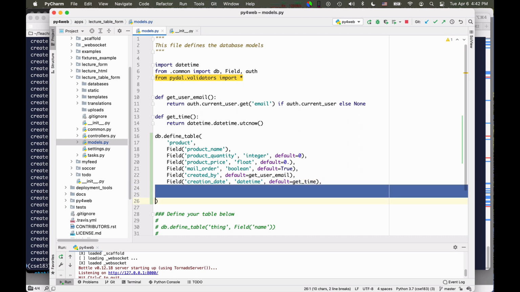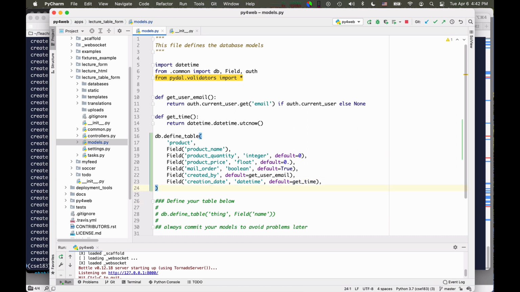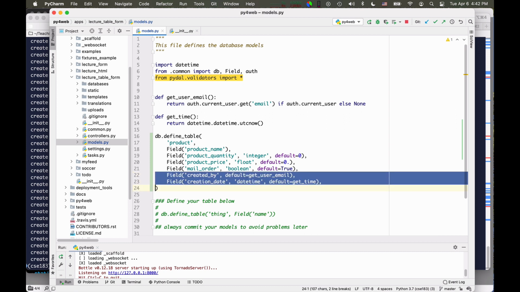But I want to give you a few comments, and I want to add a few things here to make it even more sophisticated. These two lines, I very often include them in tables. It's very useful, if not else for diagnostic purpose, to know who created a record and when the record was created. You can be even more sophisticated and add information about who modified the record, okay? But this is sort of a good minimum.